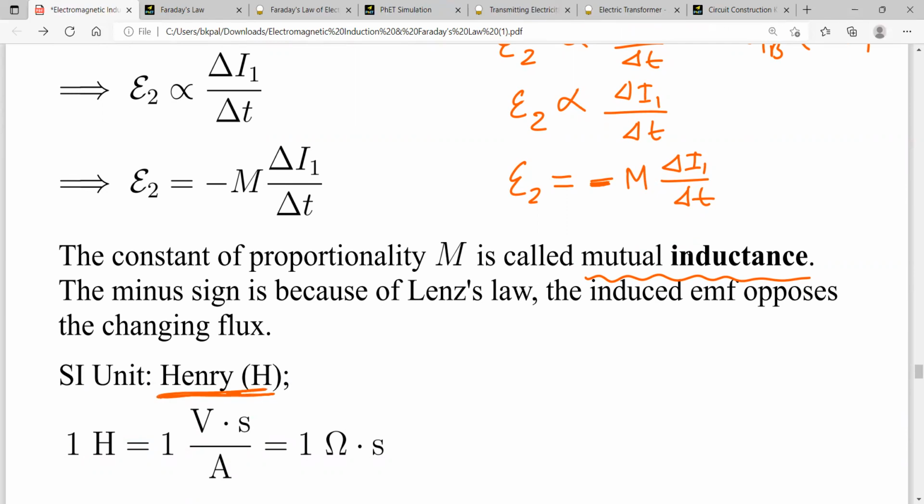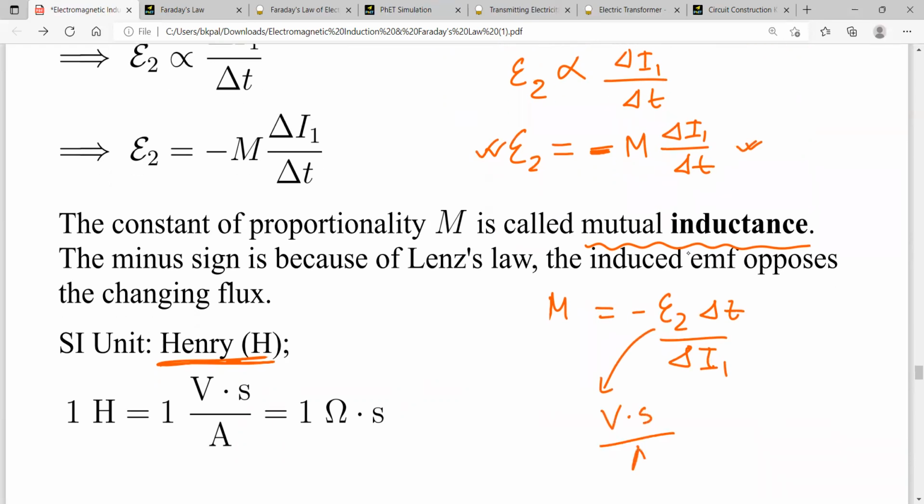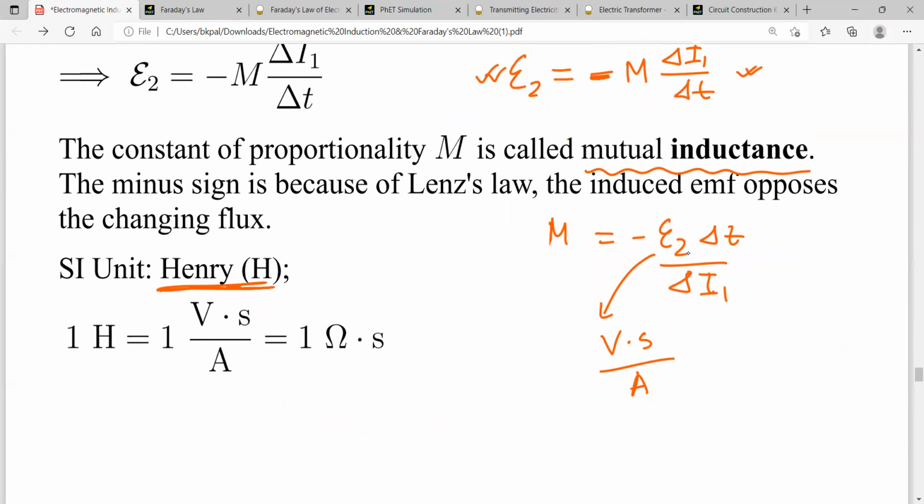And from this equation you can show that 1 Henry is equal to 1 volt second per ampere, or 1 ohm second. You can just solve this equation for M. So M will be minus E2 delta t over delta I. So this is voltage, this is second, and then current is in amp. Similarly, by doing some simplification you can show that it is equal to 1 ohm